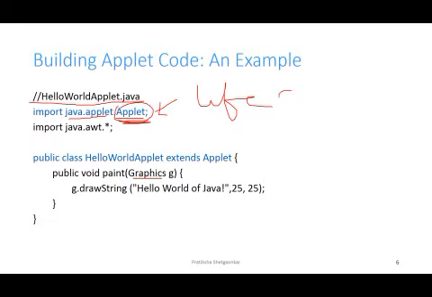Next is the paint method of the Applet class. When it is called, it displays the result of the applet code on the screen. The output can be in the form of text, graphics or some sound. And this paint method requires the object of the Graphics class as an argument, as shown there.